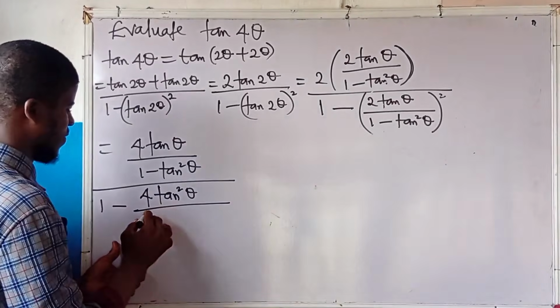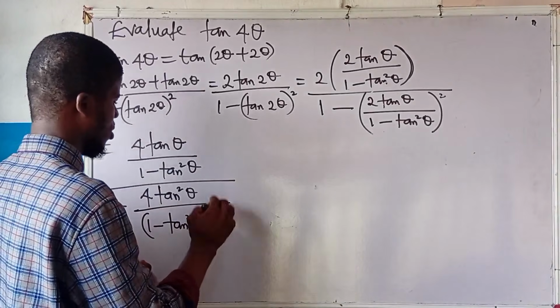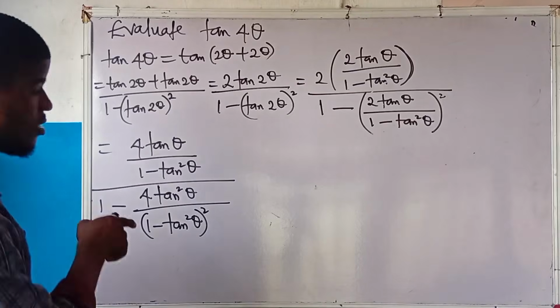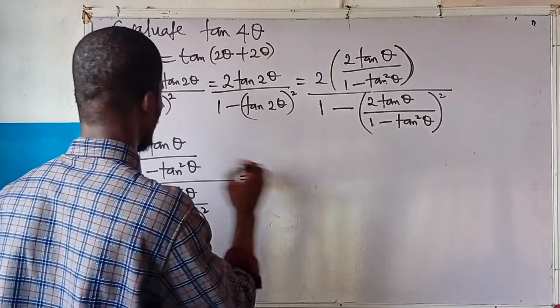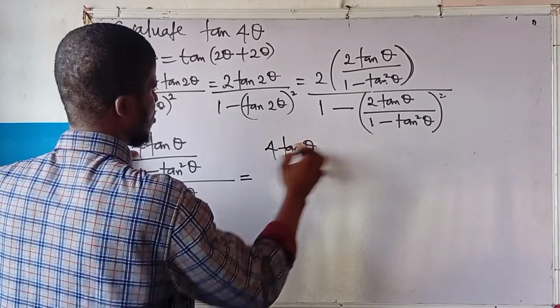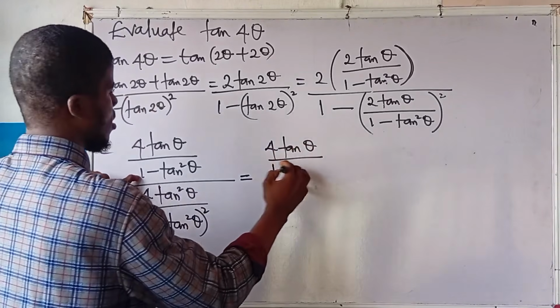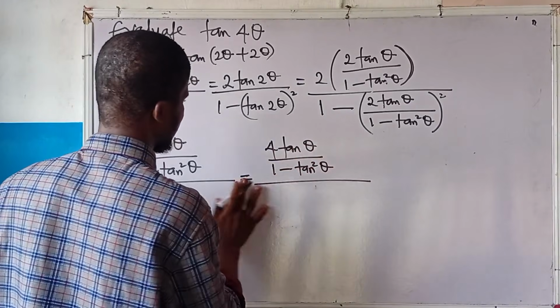So let me leave it like this first. 1 minus tan squared theta, all squared. I will tell you I did not expand it in this step. So this is equal to 4 tan theta all over 1 minus tan squared theta, divided by,